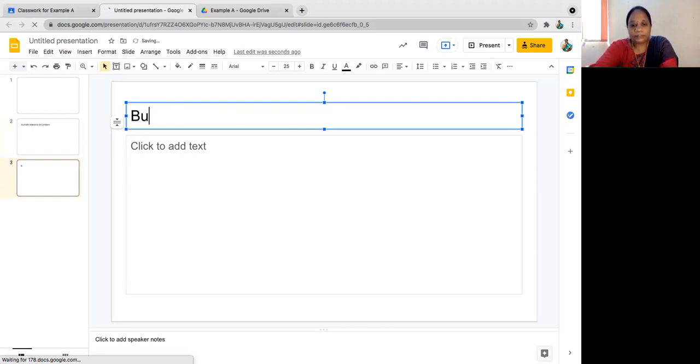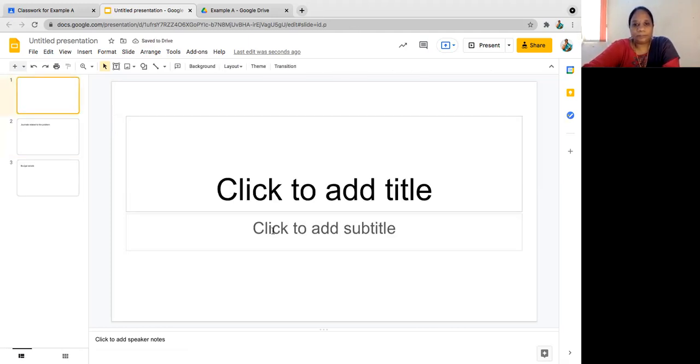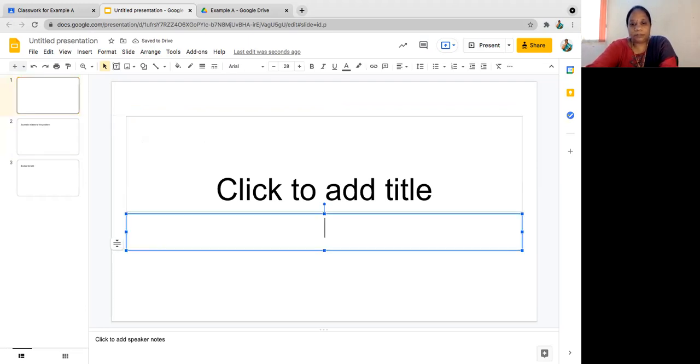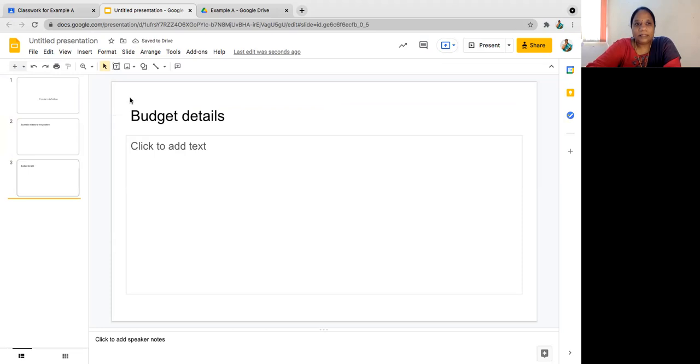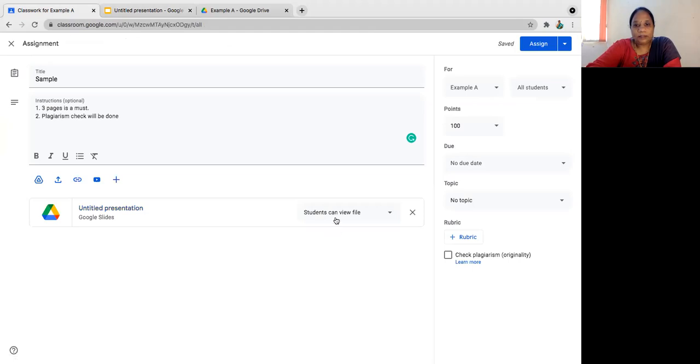So budget details, and the first one should be the problem definition. Like this, I can create a sample template slide, and I can very easily share it with my students. Okay, so here if you see, again there are 3 options.